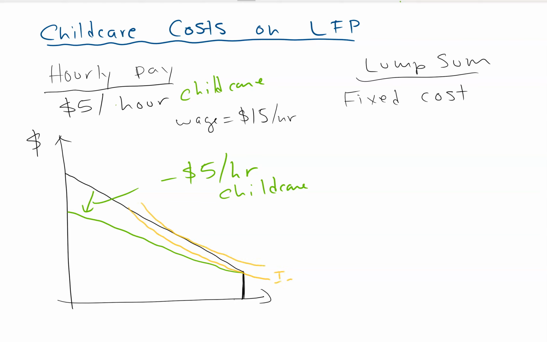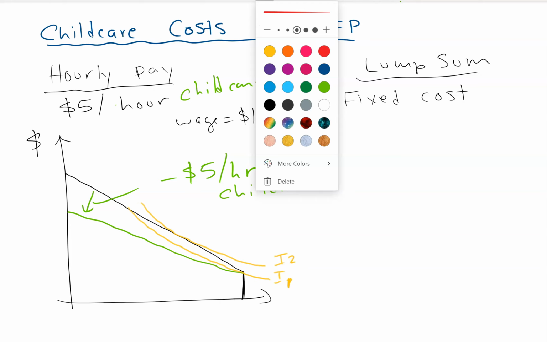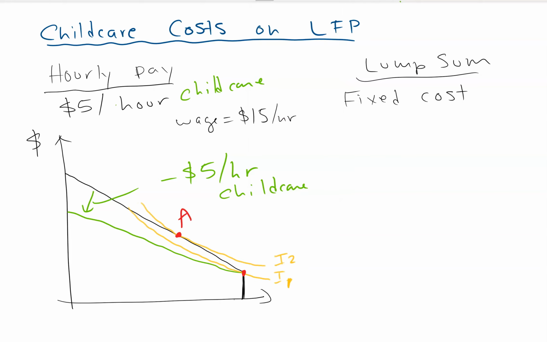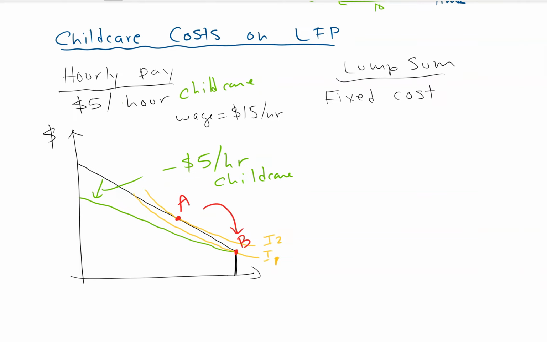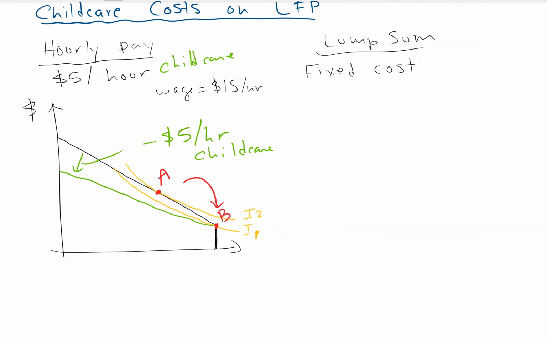They were working here, right? They're working, and then after having a child, they quit working. So this will have an effect to some extent on people. Now, it's possible they might work more hours and keep their kid in childcare, but they work more hours than they did before. That's also possible. But we can say for some people, the wage after the childcare is too low. It doesn't meet the reservation wage. For some, they'll leave the labor force because the wage is now too low, right?